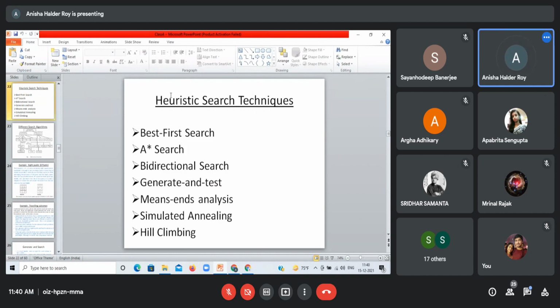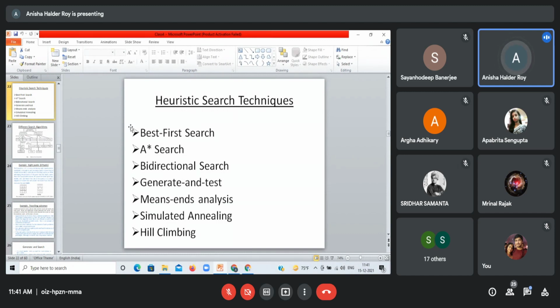So here, see, heuristic search technique. Why is the problem solving part named as search? Because it is searching for the best way to solve the problem. ও জানে না which one is the most optimized way. অনেকগুলো path আছে ওর কাছে for solving the problem. So it will search the best way or the best path or the most optimized path for solving a problem, so that it is named as search techniques.